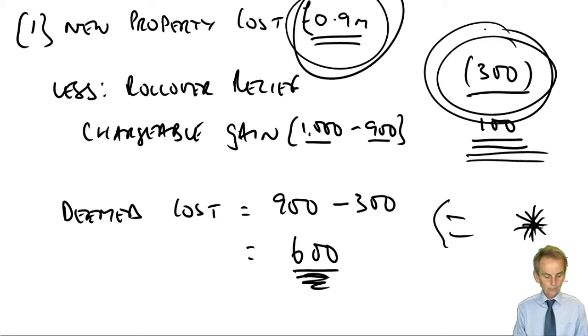So what you're looking for, is it a qualifying business asset being sold? Yeah, business property. Do you have a qualifying business asset purchased? Yeah, a business property again for use within the trade. Have you reinvested all the proceeds? Yes, then all of the gain would be eligible for rollover. If you haven't reinvested all the proceeds, to the extent that you've extracted that money from the business, the amount you've failed to reinvest, that amount of the gain remains chargeable and only the balance is eligible for rollover. But for rollover relief to be available, you have to make that reinvestment within that relevant time scale.